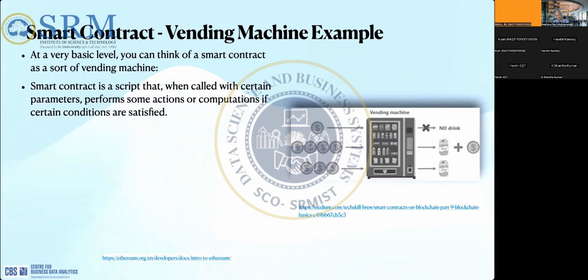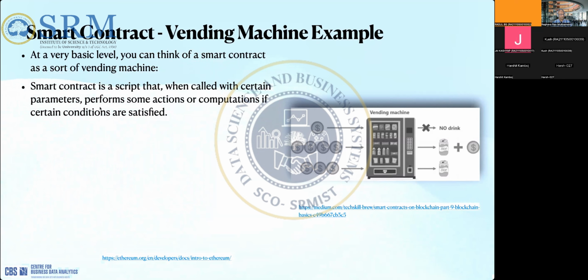We have a contract which contains some functions, remote procedure calls, you can say, and exactly the same thing goes with the smart contract. A smart contract is also similar to a web service which contains some functions, and you call them with proper inputs.